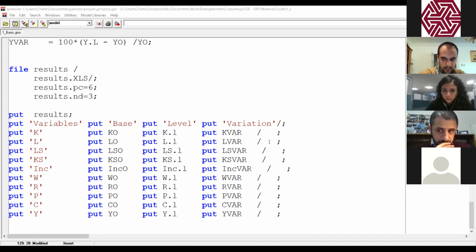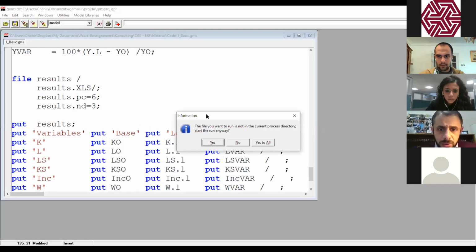The Excel sheet in our directory was created. Exactly. But until now, we did not run any simulation. So we'll see that this Excel sheet does not include any variation because we did not run any simulation. So if we run the code, okay,